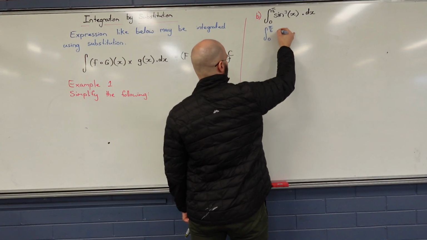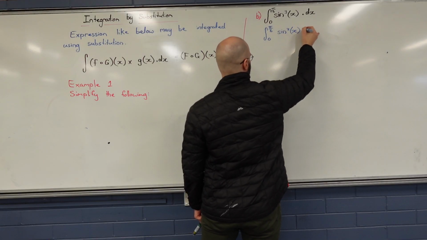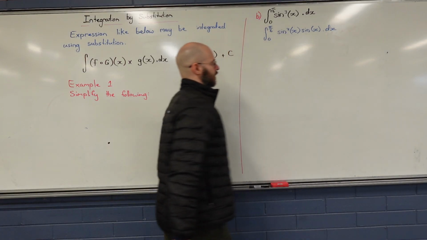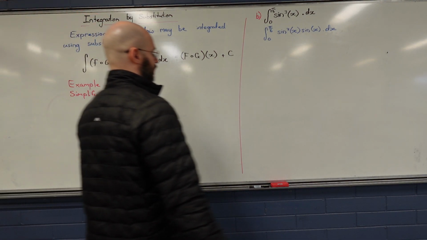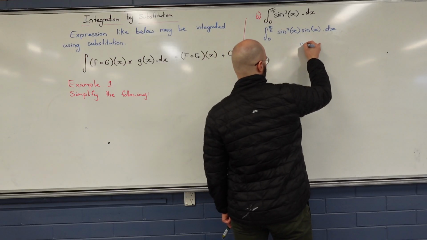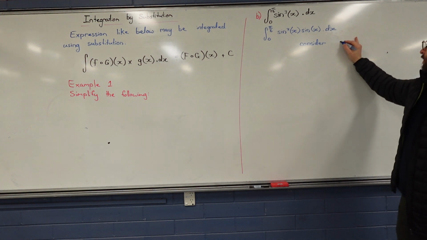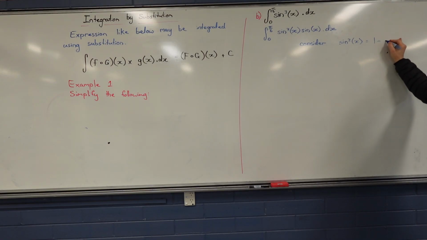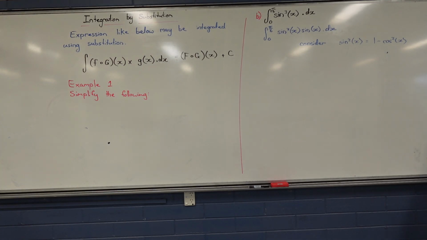The integral from 0 to pi on 6. We're then going to go sine squared x times sine x dx. Does this now almost fit the criteria for substitution? Yeah, nearly there. Consider that sine squared x is the same as writing 1 minus cosine squared x. Hence,